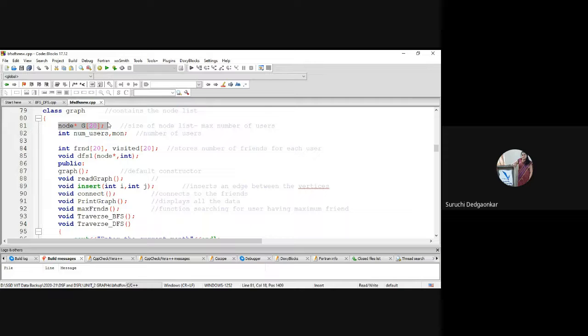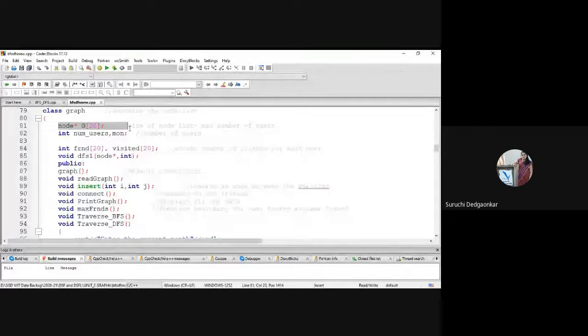This node pointer is nothing but we are declaring the header. It is a headers array. Array of headers, and every linked list will have multiple relationships. So g of 20 means I can store 20 such linked lists in this particular array.